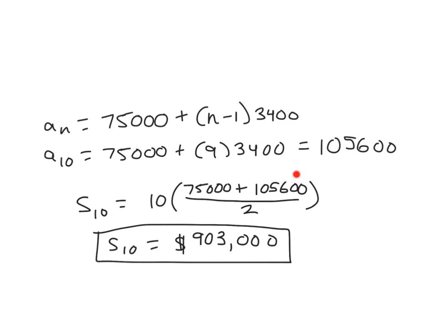But they want the total money he makes over the first 10 years. So they're asking you to find the sum of the first 10 terms of your sequence. So it's important to understand that this is a sum problem, not just simply finding how much he made in his 10th year alone. So we do 10 times a sub 1 plus a sub n over 2, and you should get